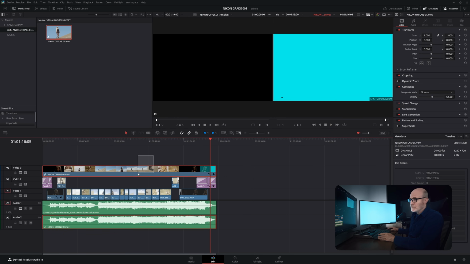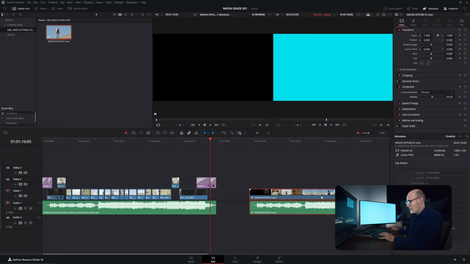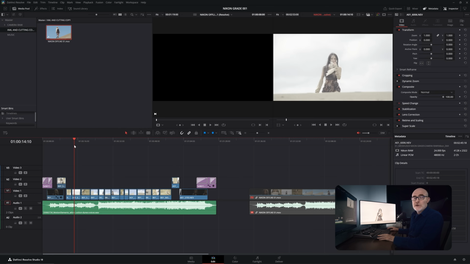You can leave this offline file here, but I'm going to stash it. I'm going to move it out to the end, and I'm going to disable it just so it doesn't affect our grading process. Assuming that I've got a grading brief from the client, and they wanted to make it look like a certain Hollywood movie that's shot in the desert,